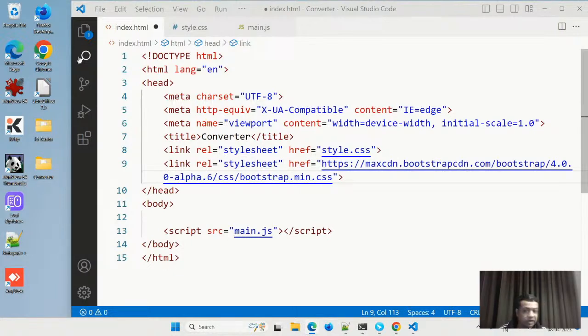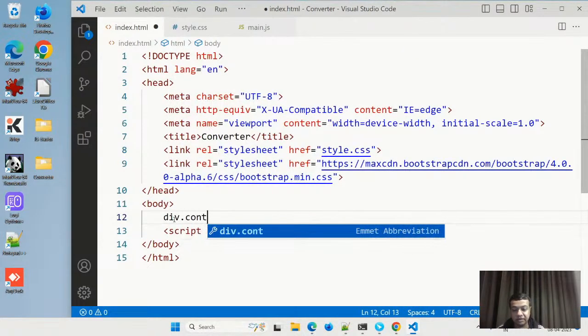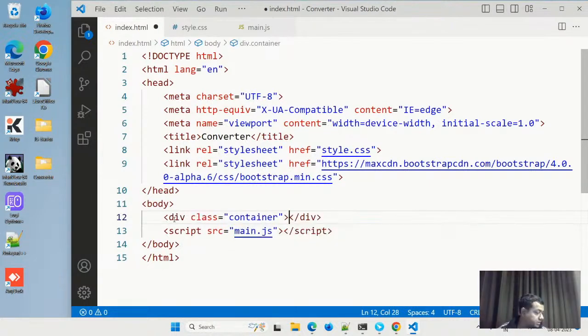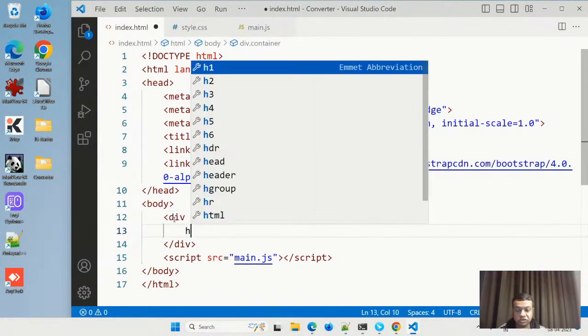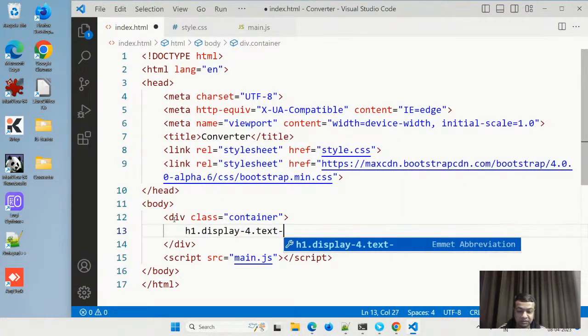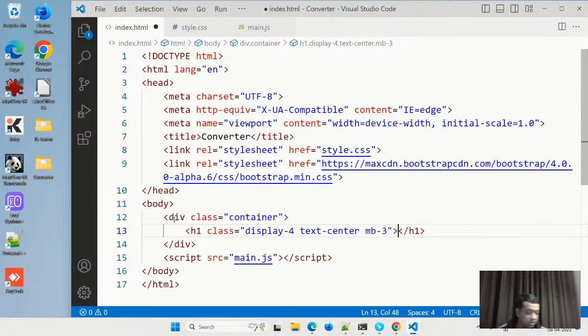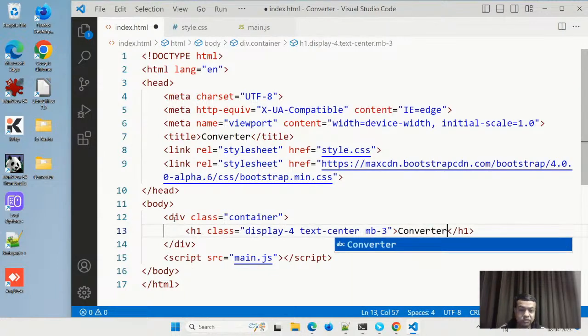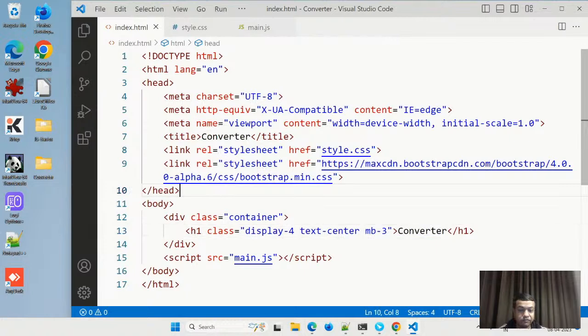So as I told, this is a converter app. I will have a div with class container, and inside this I'll have an h1 with class display-4 text-center and mv3. You'll see what will happen now. I'll put a converter. I'll save it. Now if I go live here,